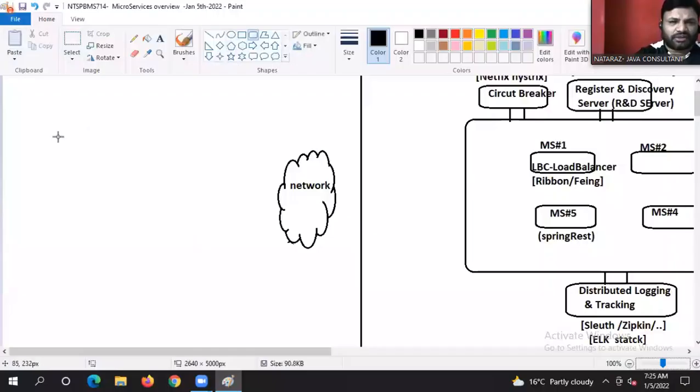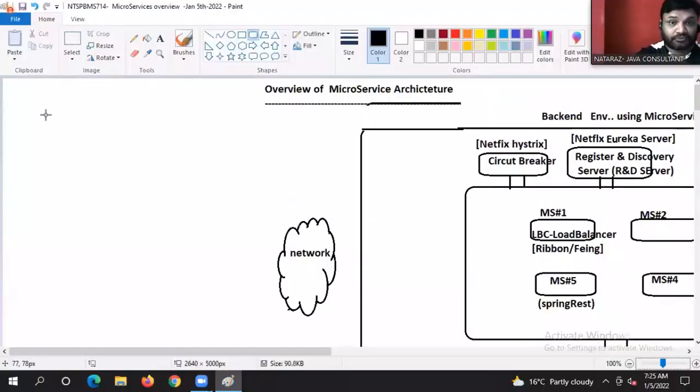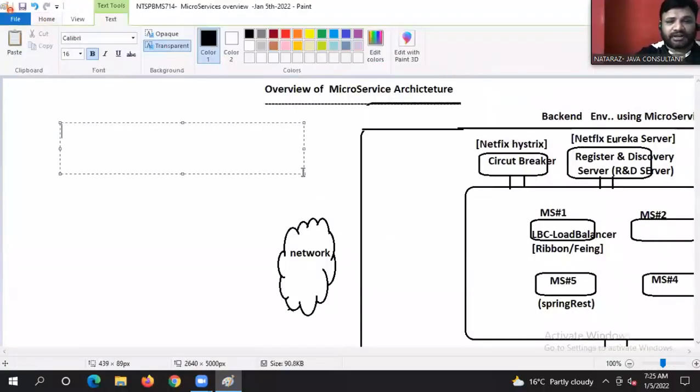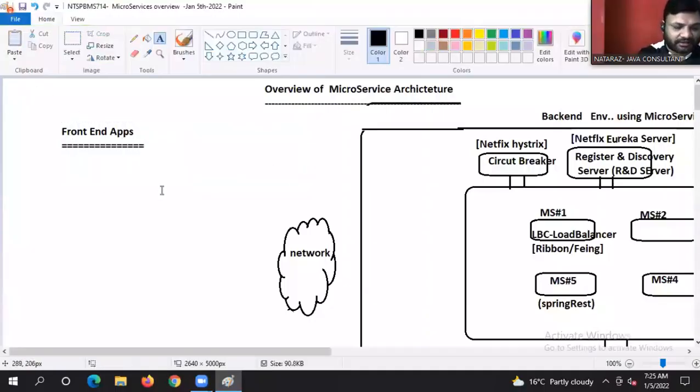So we have to think about different types of client applications, guys. Front end applications, which are also called clients.